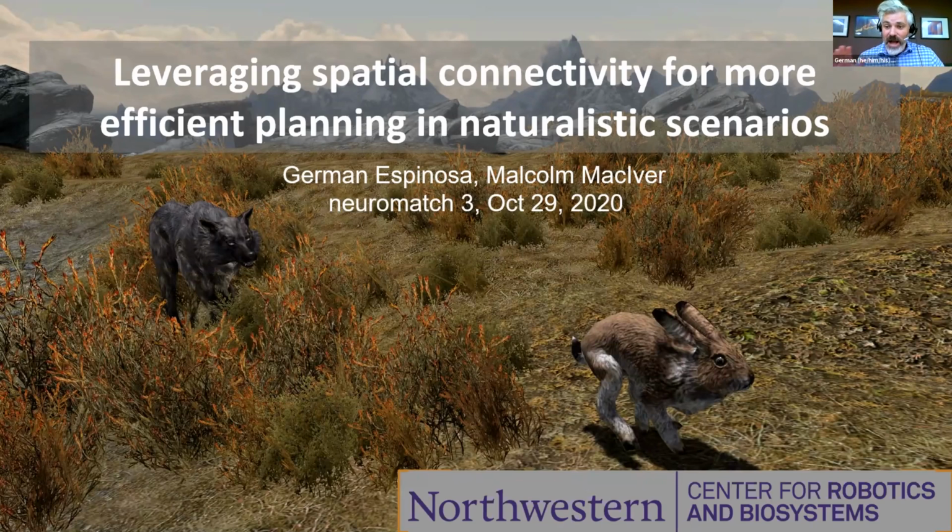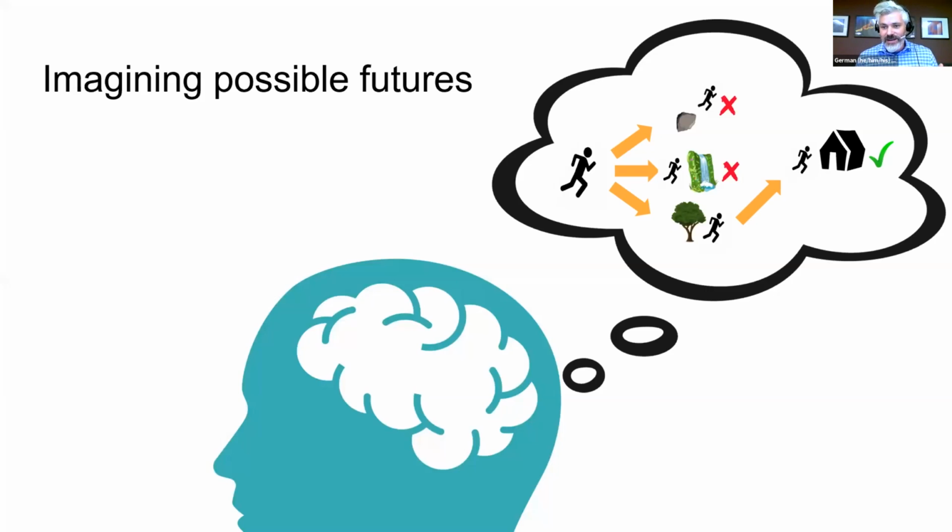All right, so I'm Herman, and I work with Malcolm McIver at the Center for Robotics and Biosystems at Northwestern University. Our main research focus is in planning, and I want to start with a big disclaimer because I know we have a few neuroscientists here. We don't know how planning is done in nature, and we don't know if biology solved this in a completely different way, but